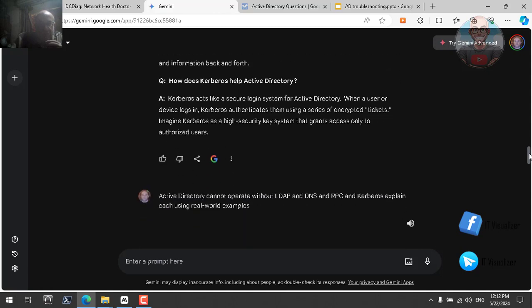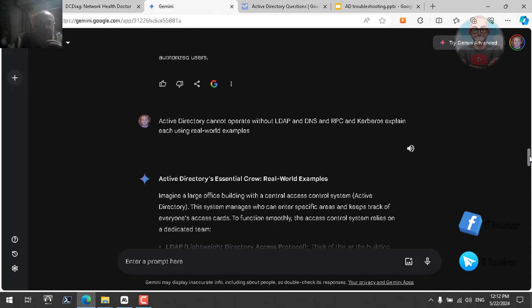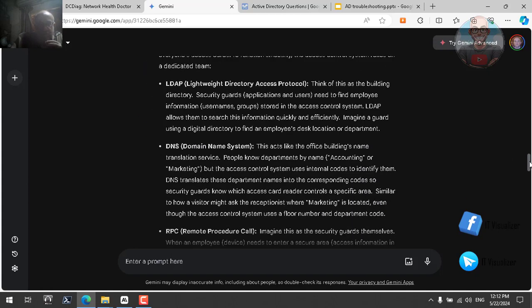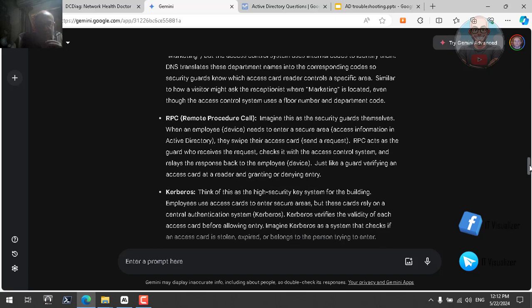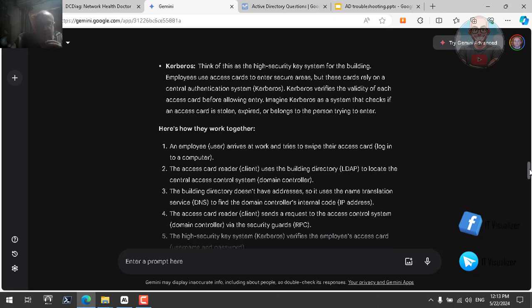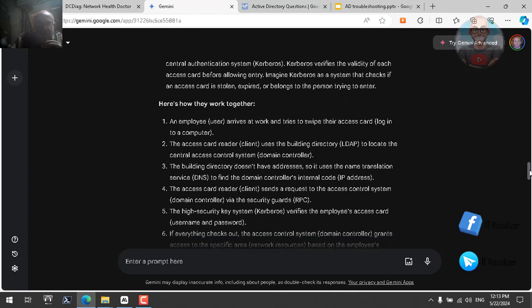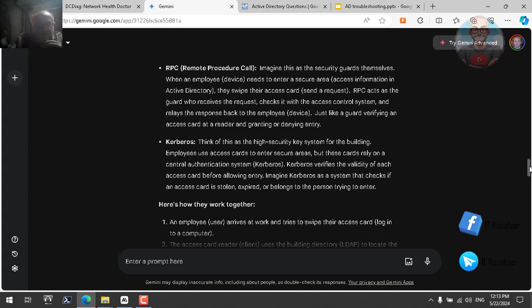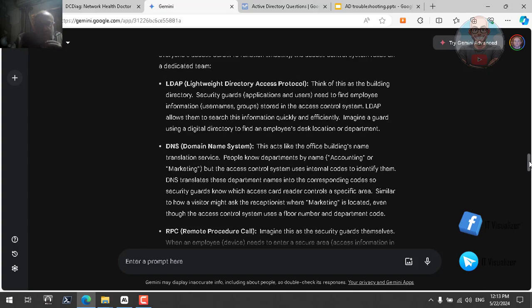Let's see the answer of Gemini. I think I didn't like the answer of Gemini. It was not that good. So I will not read it because actually it's not illustrating something, or we have seen this before. Anyway, I think we can